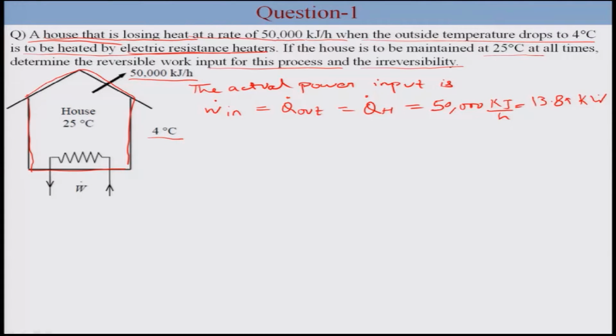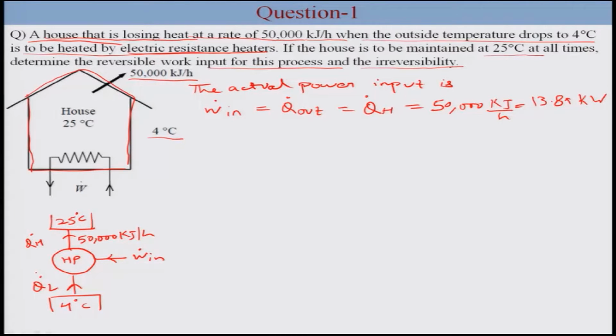or it can be written as 13.89 kilowatt. Now if we draw a heat pump, which is used to maintain a temperature of 25 degrees Celsius, and this is QH dot, which is equal to 50,000 kilojoule per hour, and some work is being given as input, and the outside temperature is 4 degrees Celsius, and this is QL dot. Now because the power which is lost by a house is continuously supplied by the resistance heater to maintain a constant temperature,